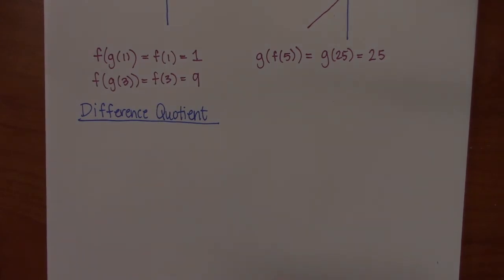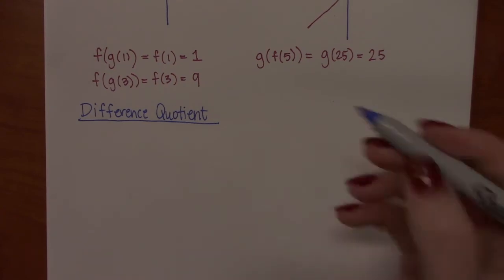So the difference quotient is a variation on the slope formula that we learned earlier. When we learned slopes of lines, we said that it's the change in the y value over the change in the x value, between any two given points. And when you're doing that on a straight line, that value is constant for whatever two points you pick on the line. Whenever you calculate it, you're going to get the same value. However,